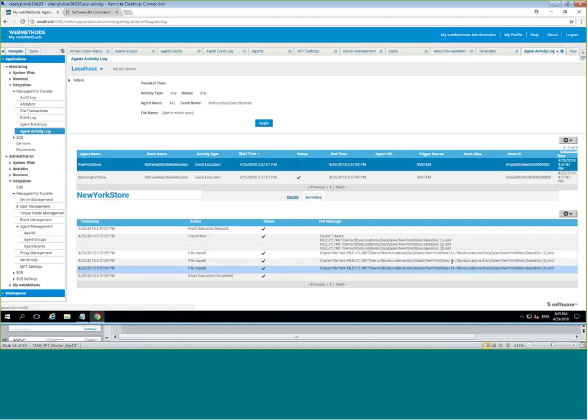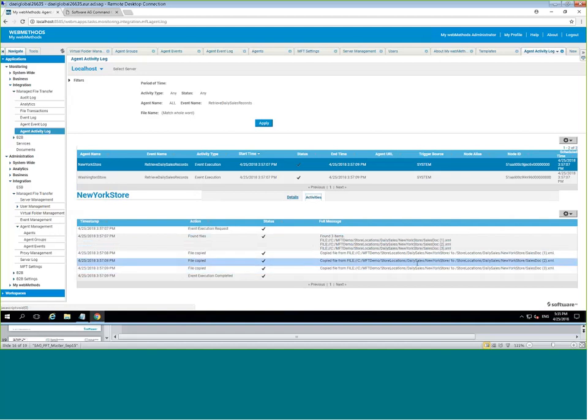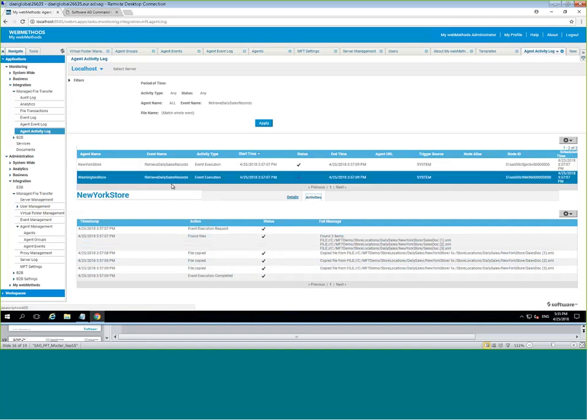Okay. Now, I have a local file system defined for the server, so it moves the files to the local file system in the central. Imagine it's a central IT server, and it moved it. Similarly, for the Washington store, the same thing happened. It picked up the files from the Washington store, and then it moved it to the appropriate location in the central IT server. So hopefully this gave you a good idea of what agents can do.